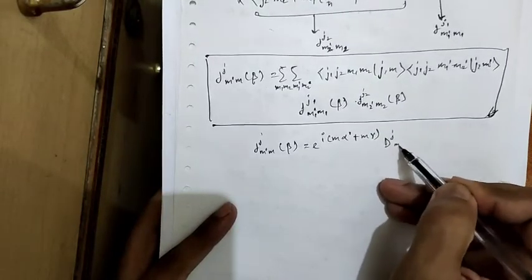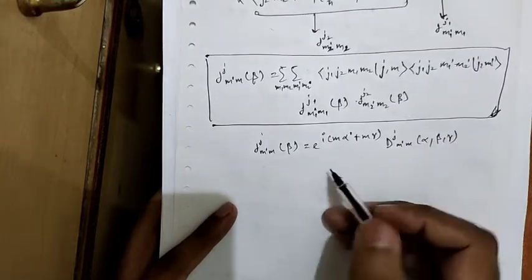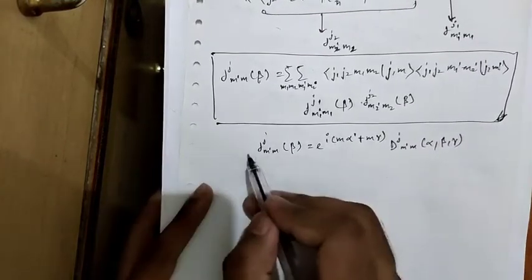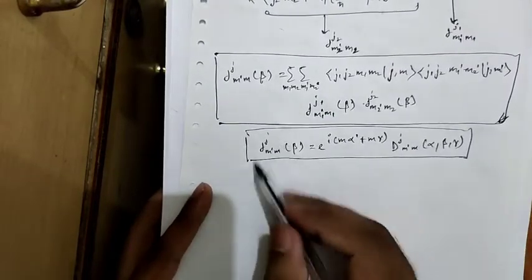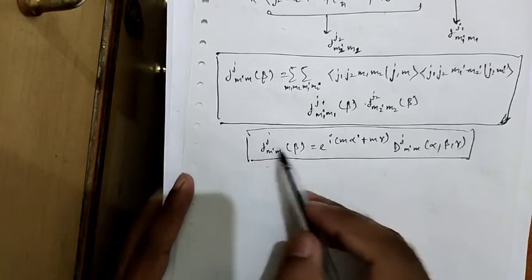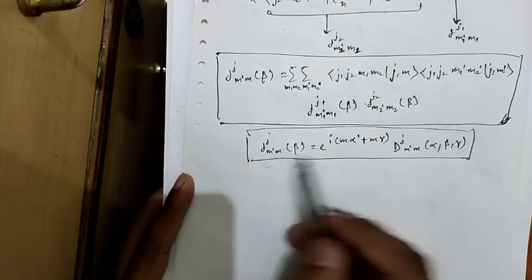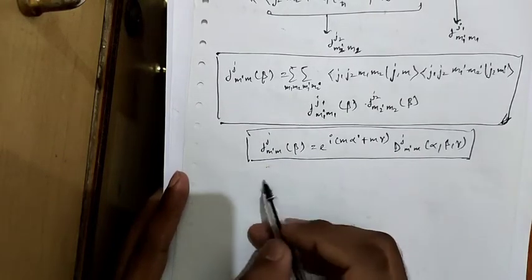dj m dash m, where alpha, beta, gamma are Euler angles, and this is the relation of rotation matrices with the Wigner D matrix. Now substituting the value of these rotation matrices in terms of the Wigner D matrix, we came to know that